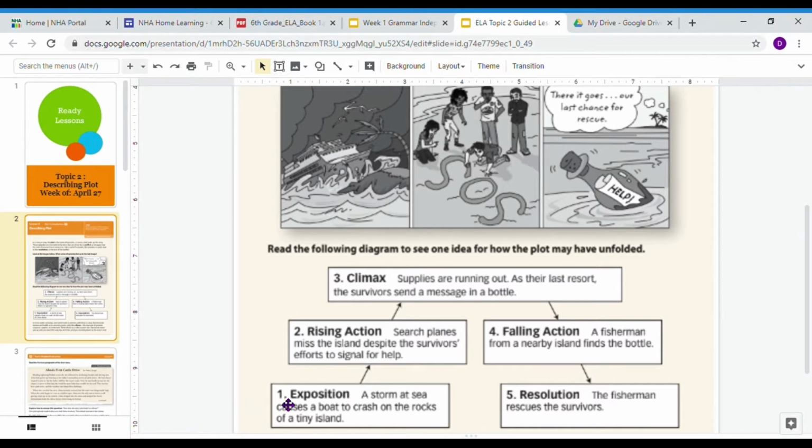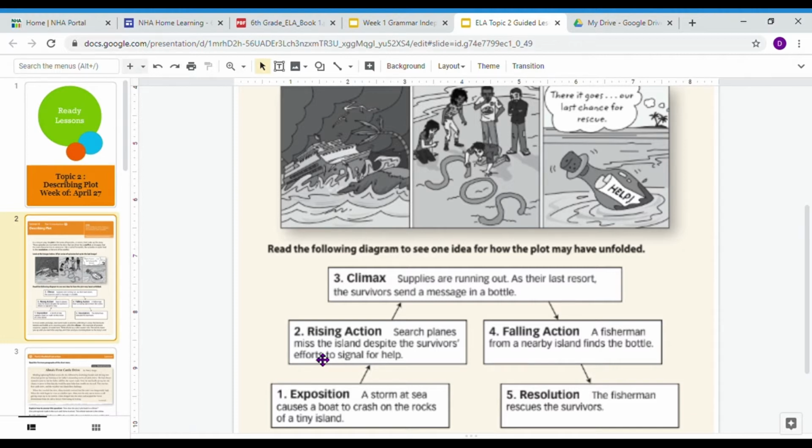So the exposition is where the introduction of the characters and the setting is. It kind of sets the stage of what's going to happen with the remaining story. In this case, the exposition was a storm at the sea that caused a boat to crash on the rocks of a tiny island. The rising action is going to be where the conflict is introduced,